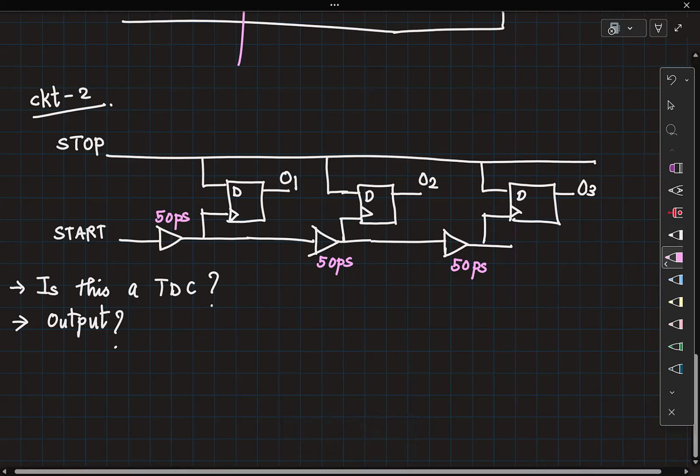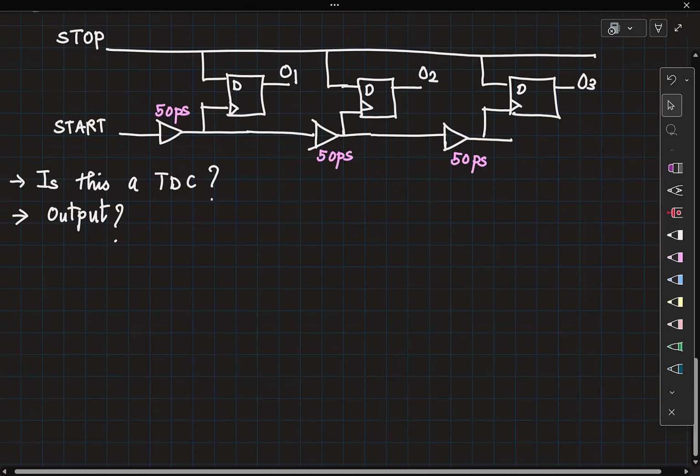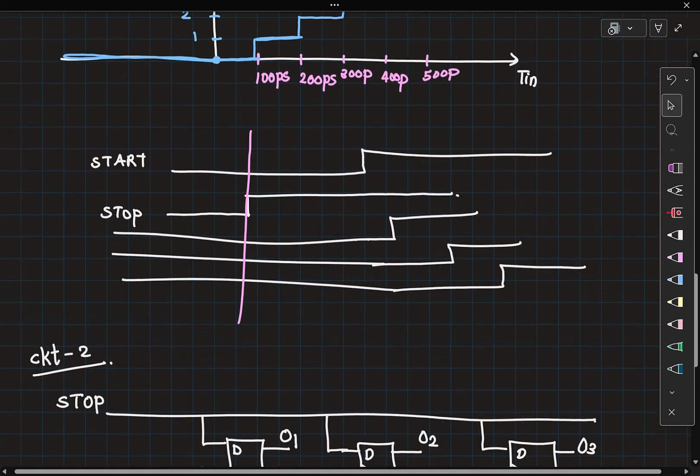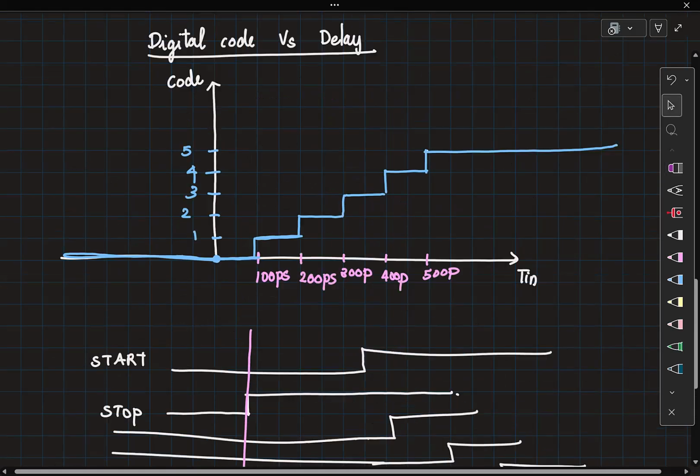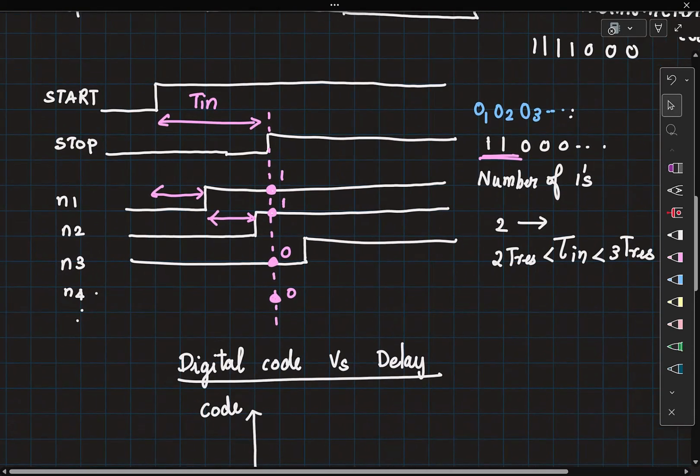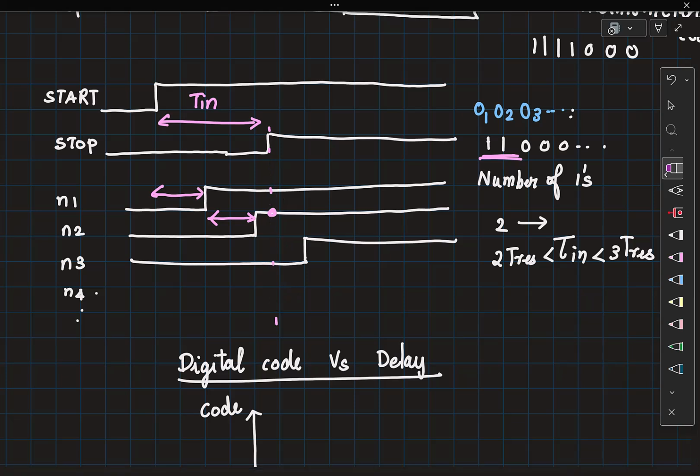Okay. So again, if there is any confusion, in the same waveform, instead of sampling at the stop, now you are going to be sampling the stop signal at all of these edges.